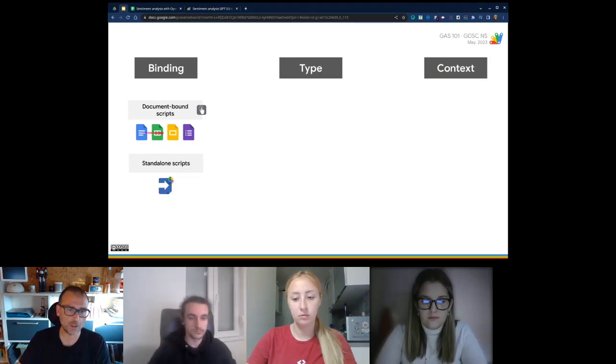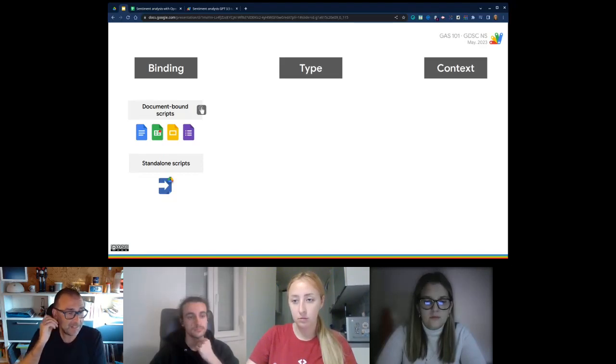They can also live inside docs, slides, and forms. But we can also have standalone scripts. Standalone scripts can be found in the AppScript dashboard and also inside your Drive as simple files that contain a script. Does this mean that a standalone script cannot manipulate data inside a Google Sheet? No, not at all. It can. It simply is stored in a different way, in a different place. So it does not belong to an editor document like these ones.